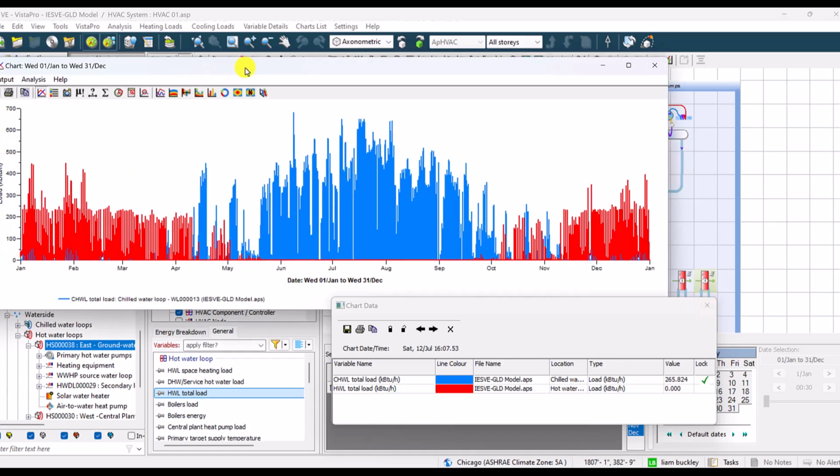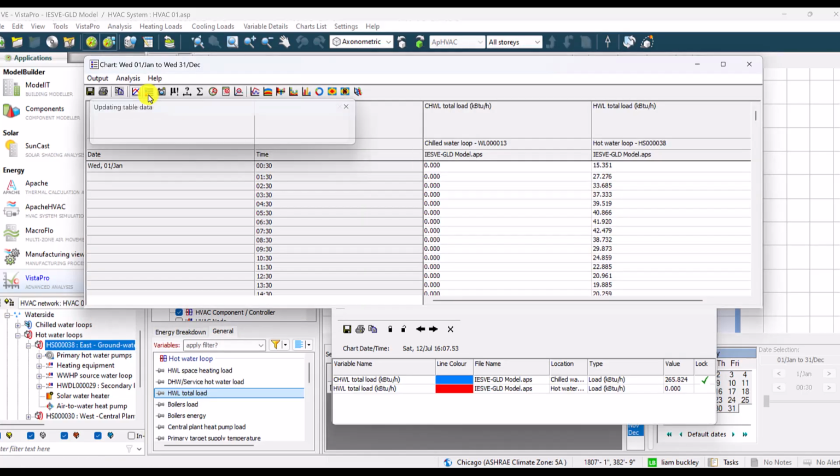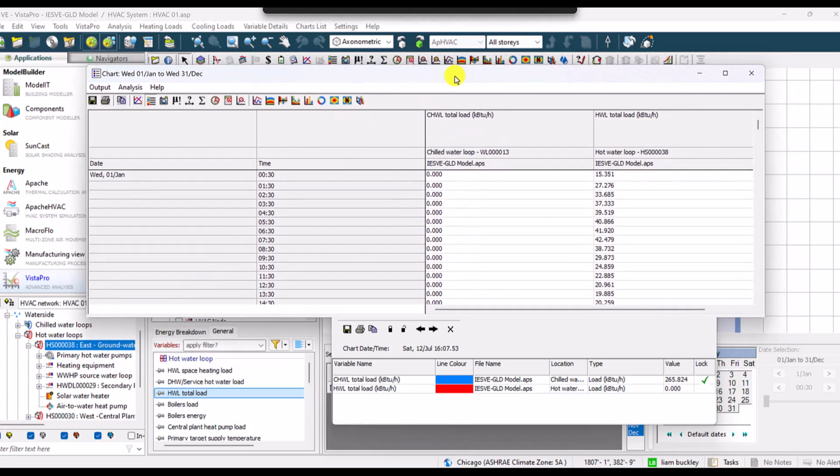So what we actually need is the numerical data of the 8760. So here we go to the table view, and this will give us 8760 rows of chill water total load and hot water loop total load. But again, it might be different for you. It might be just a summation of all of your room cooling and heating loads. So with that, we'll do a copy, open up a spreadsheet,